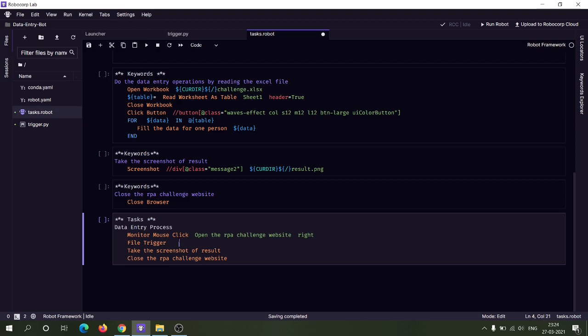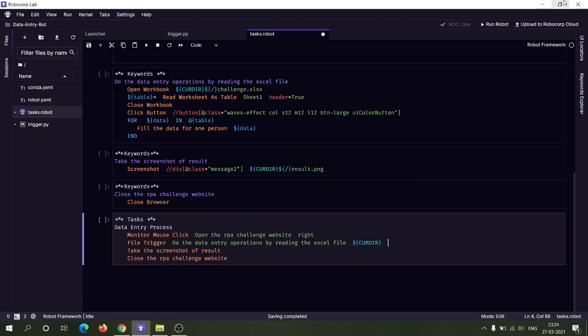So we can provide the first keyword name as an argument which needs to be triggered, that is the one that does the data entry operation by reading the Excel file. And the second argument is the folder path where the file will be added, which causes this keyword to be triggered. So in our case it is the current directory itself, so we can use this current directory.